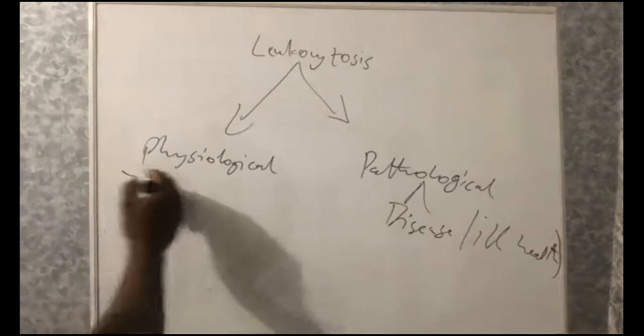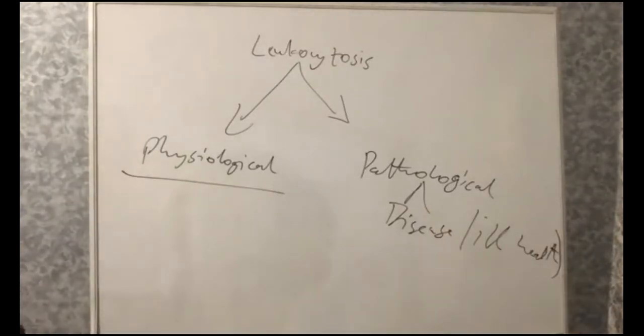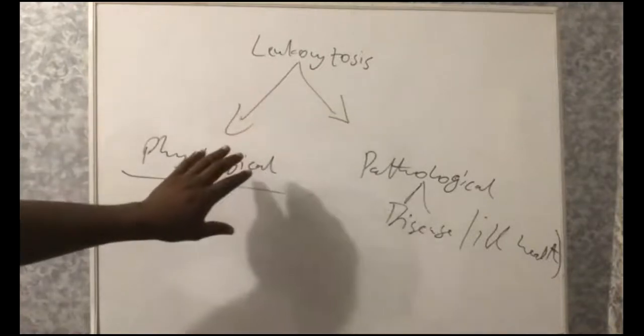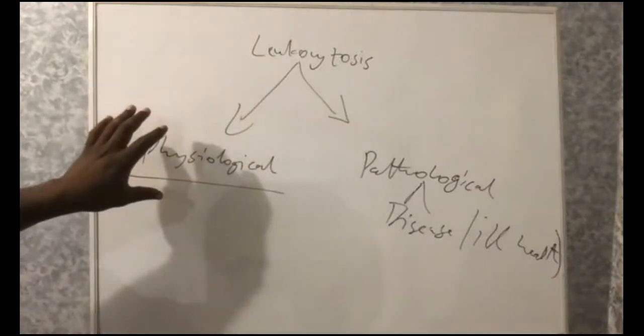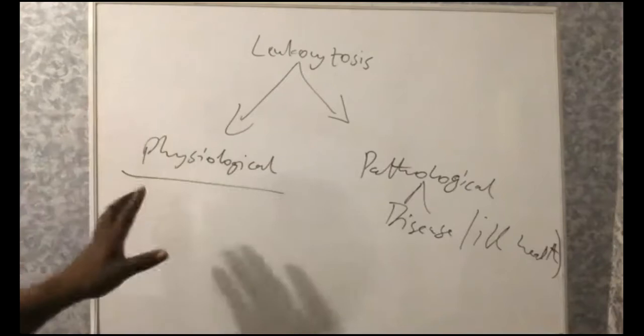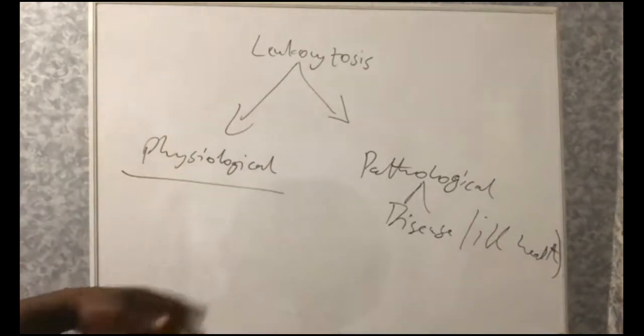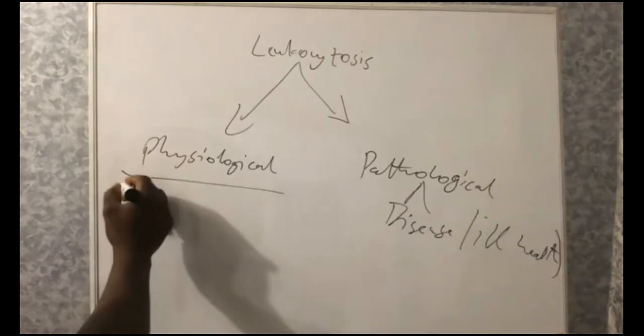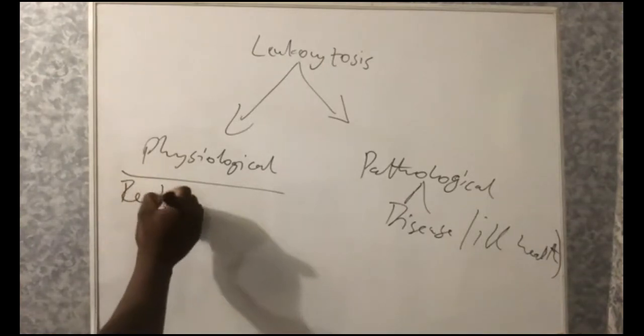Now, physiological means that in the normal process in the body, there can be an increase in leukocytosis, and it is normal. There is no disease process going on, but it's just how the body functions in order to get the body prepared for certain events. For instance, in the physiological one, we have what we call redistribution of